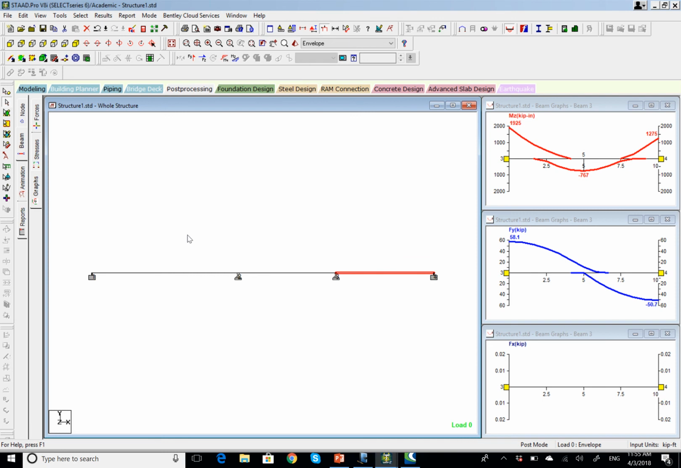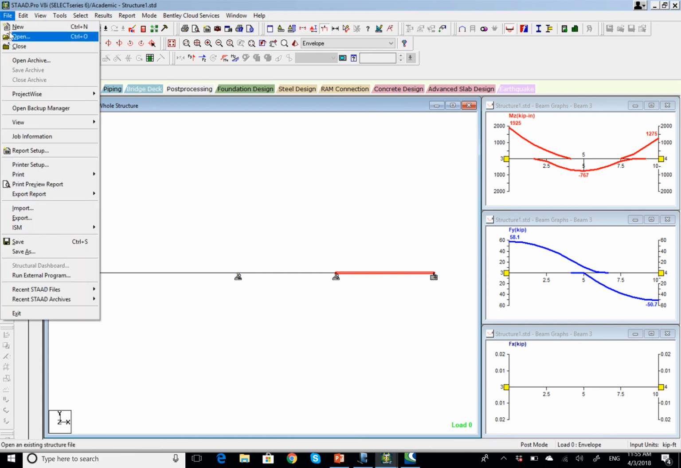This is 30, 36, and 30, and then 30 and 30. And it's a 3-story building. The first story is 15 feet high. The second two are 12 and 12. Okay? So let's now go to a new,